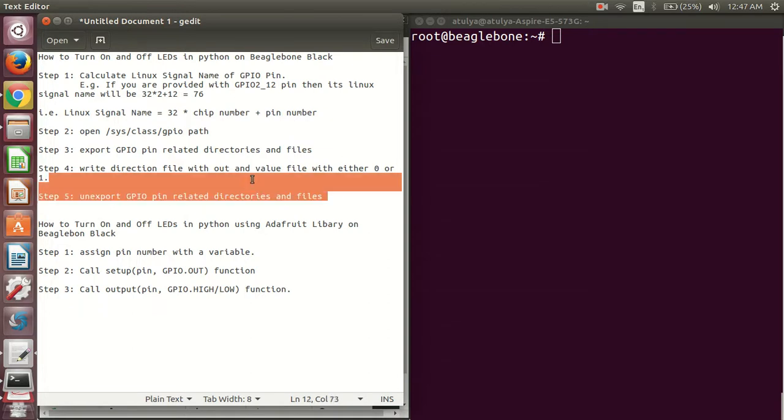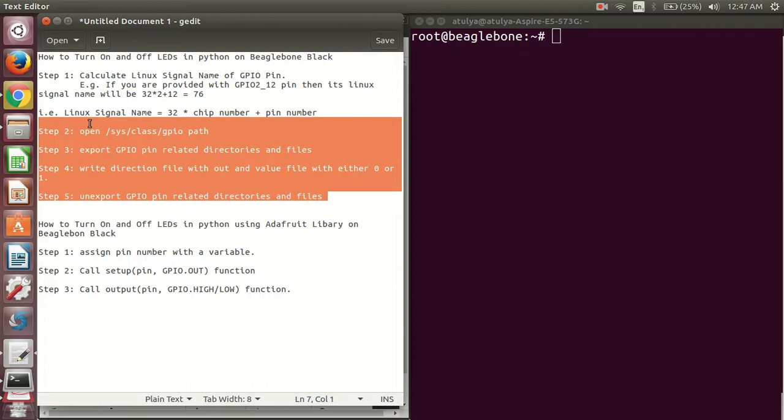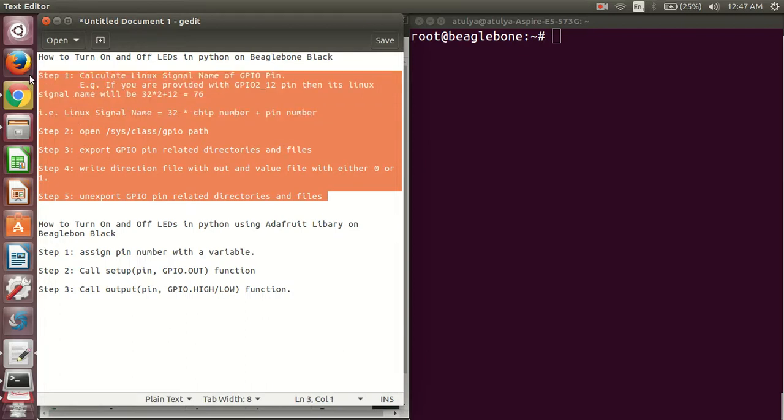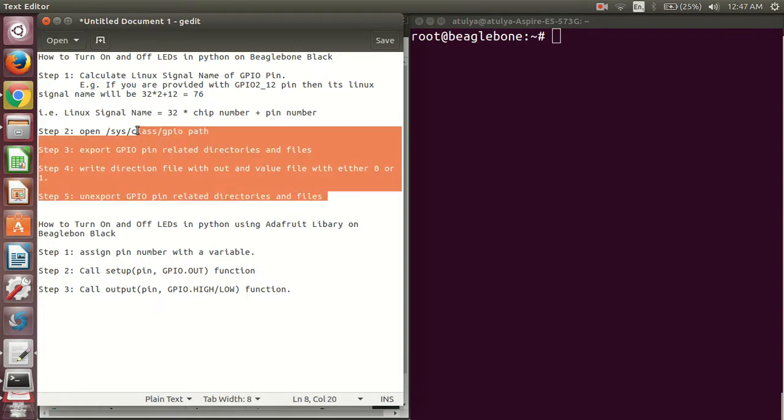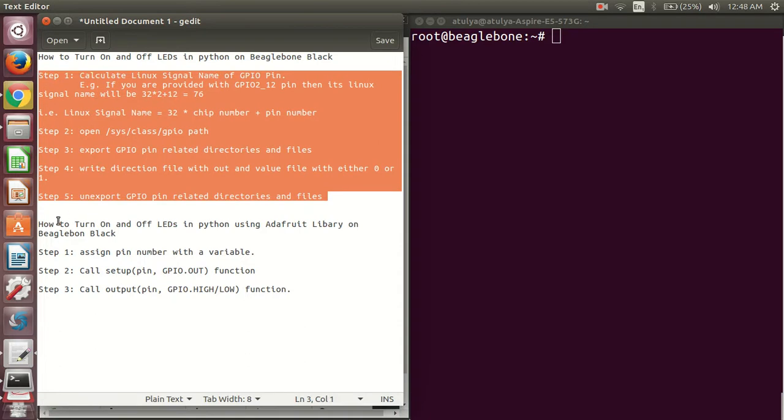These are all the steps, which you will see in detail with the help of command lines. But remember, these are the 5 steps that you have to use while you are going to turn on and turn off LEDs in Python without any Adafruit library. Now the second approach is to turn on and turn off LEDs in Python